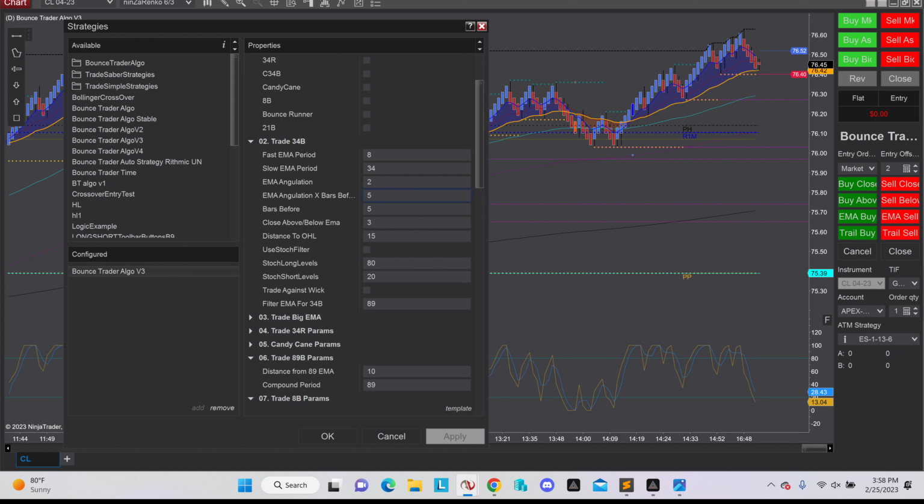We can also control angulation size X bars before, so we can also control what angulation was previously. If we say X bars before, so here we marked 5 bars, and we want to see at least 5 ticks in angulation X 5 bars before. So if this is a signal bar, and we say this is to be at least 2 angulation, and then we count back 1, 2, 3, 4, 5. So we want this angulation to be at least 5, which is true. So we can control that,